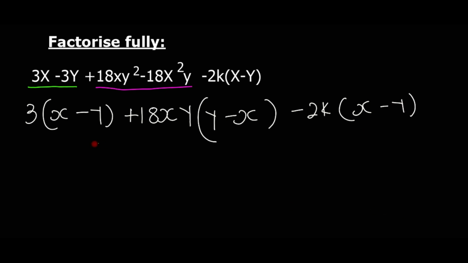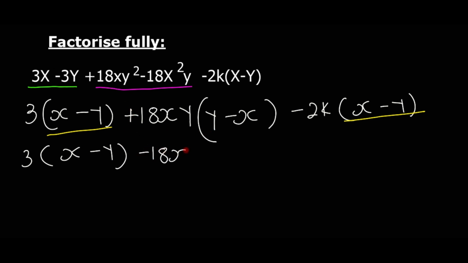O ka kgona bona gore re na le x minus y and then mo re na le x minus y, but for this bracket re na le y minus x, so re nyaka bracket tša rena di tshwane. This means re tlo ba le 3 at x minus y, and then re tlo change this sign ra ba le minus 18xy, and then ra swapa y minus x ya ba x minus y. Now di bracket tša rena di a tshwana,